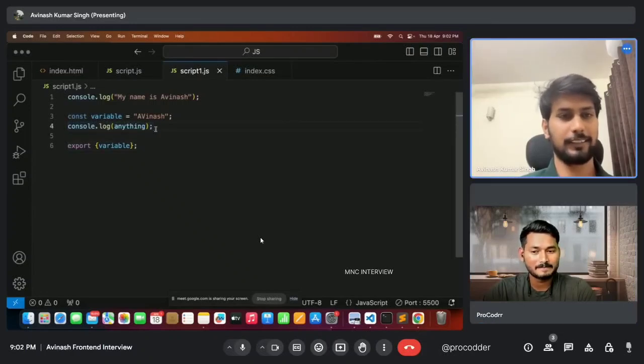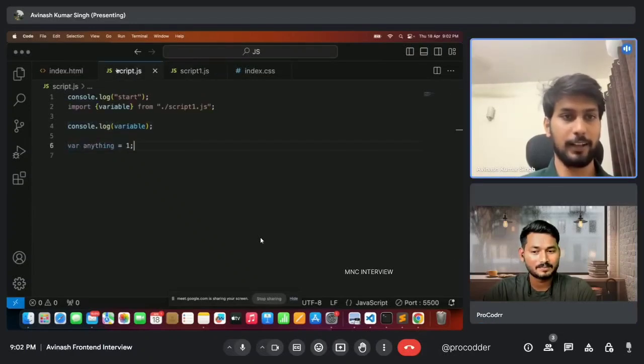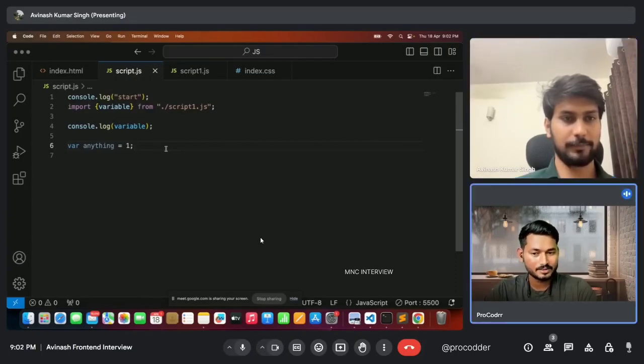Where is the functional scope thing generally? But there is no function here, right? And there is no function here.